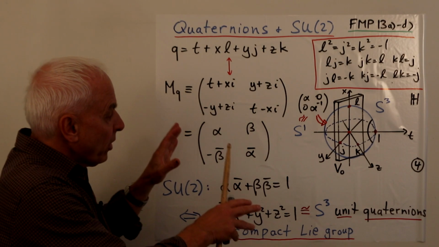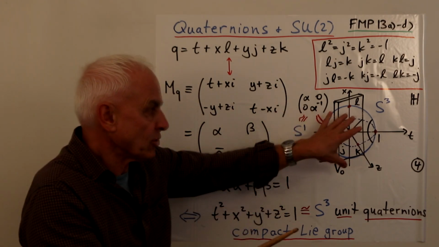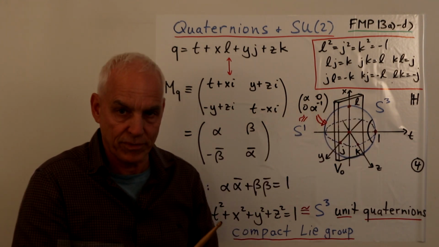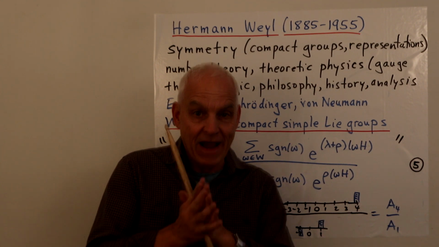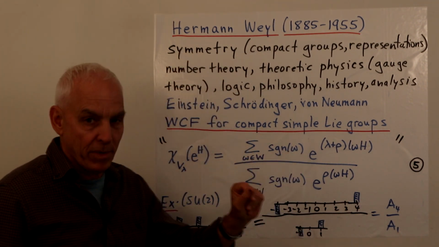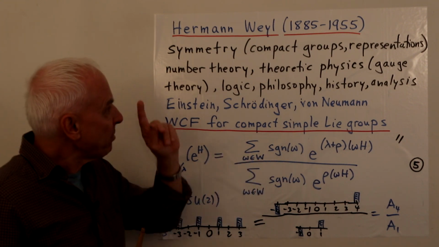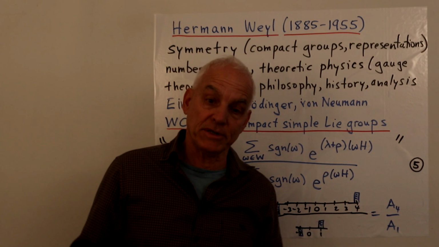And this story of these central Pauli numbers is all about the characters of this group. So I want to give you just a little bit more of an idea of what this Weyl character formula looks like in general. It's rather an imposing formula, but I just want to talk about it. But before we do that, let's just say a few things about Hermann Weyl,